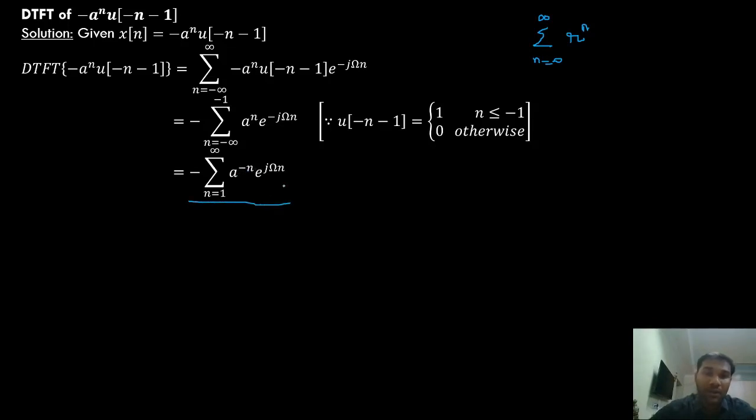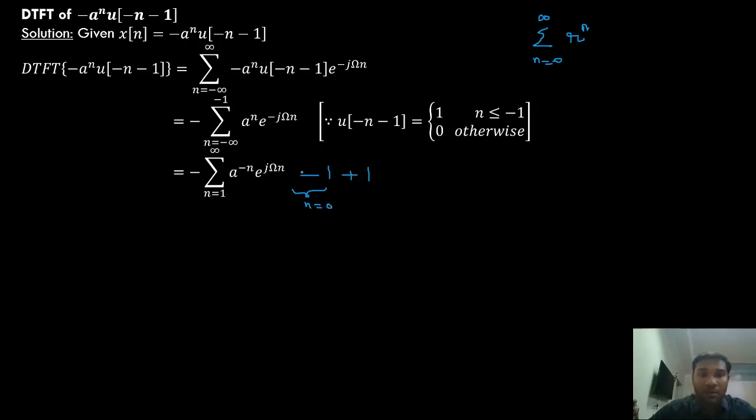If you substitute n equals to 0, what happens to the entire term? The entire term becomes, I have a negative sign here, and a power 0, e power 0, 1, negative 1. So I'm going to subtract 1 and I will add 1. So this doesn't make any difference to the equation, right? I am going to subtract 1 and add 1. Now this negative 1 is nothing but n equals to 0 term, right?